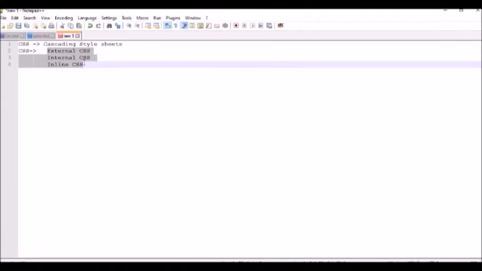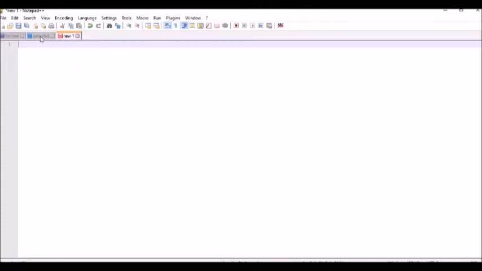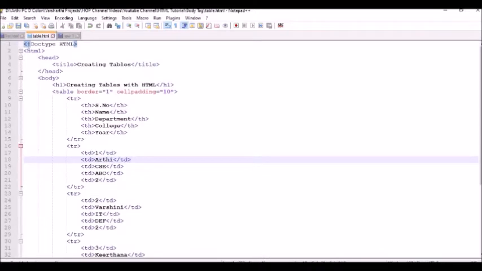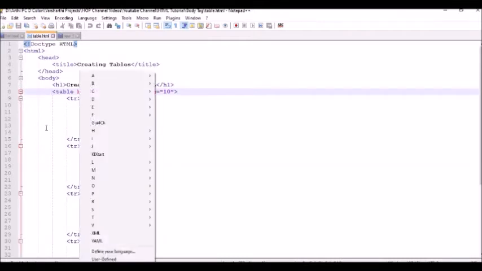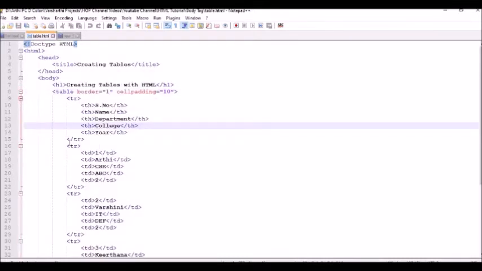So let's have a simple program with external CSS. We can take the example program which we created in the last session. We created a table, so for this table we can add formatting options using external CSS.